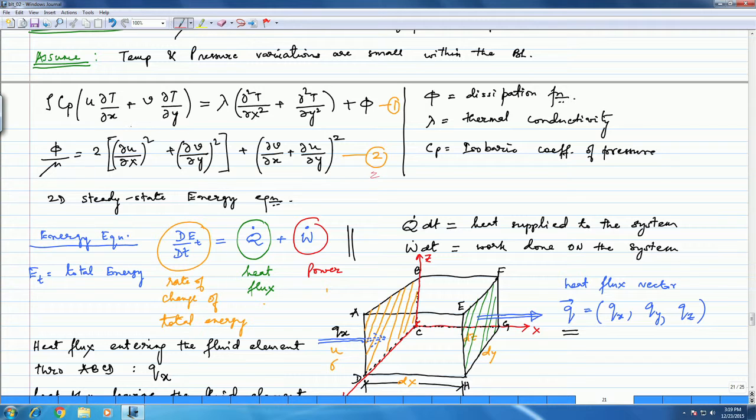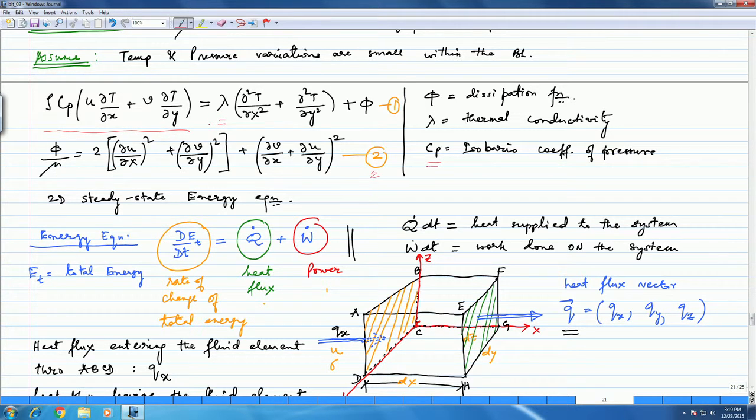If I were to look at this equation, the left hand side is the change in internal energy, and you can see that this is the convective change in the temperature, so del T del x, del T del y, and U and V are the velocity components. And Cp is the isobaric coefficient of pressure, which we've defined earlier. Now, this change in internal energy, which is essentially the convective change in temperature, can be written in terms of